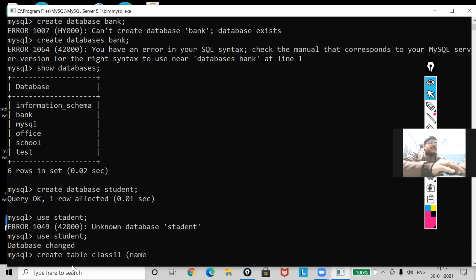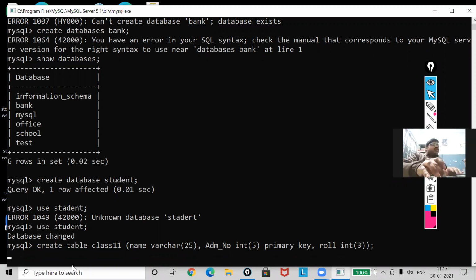So I'm using name varchar 25, admission number int 5 primary key, roll int 3. Okay, now I will close the bracket and use the semicolon.